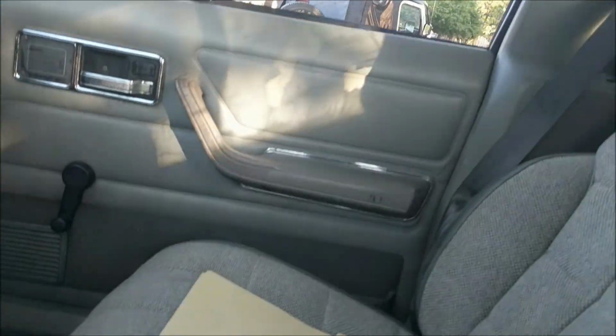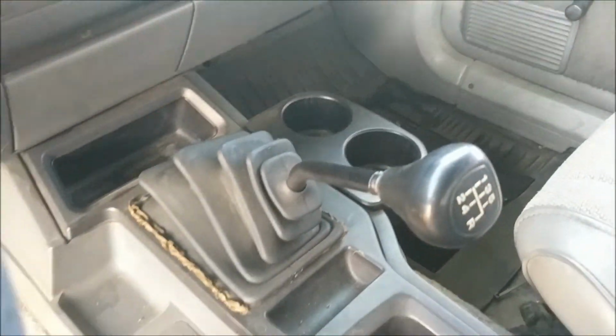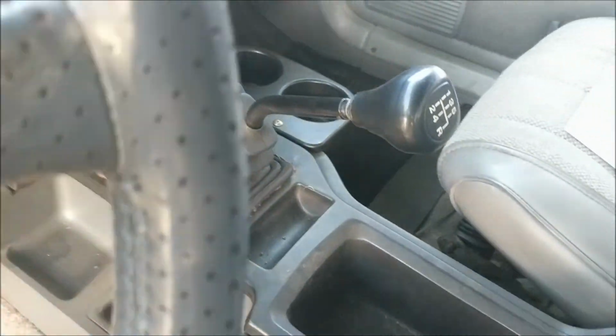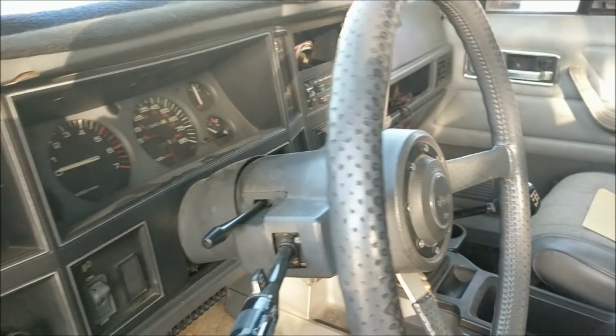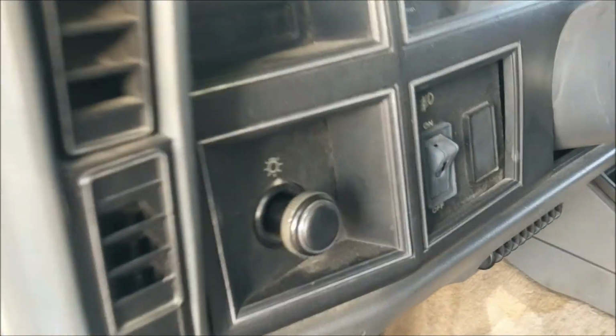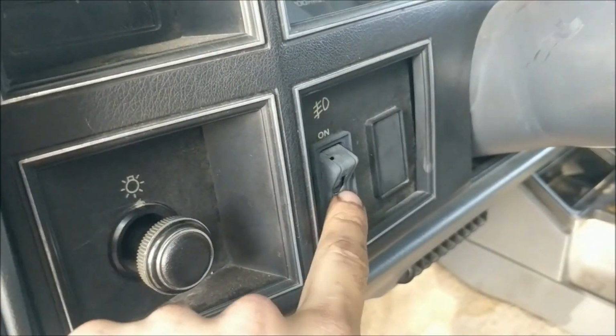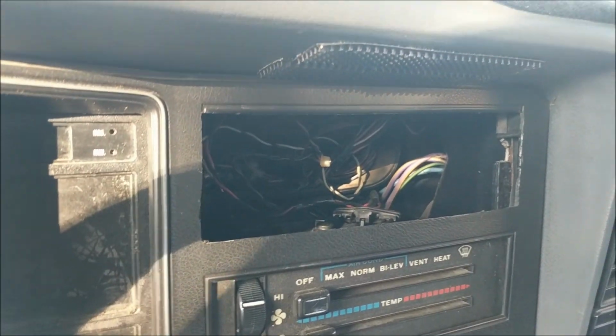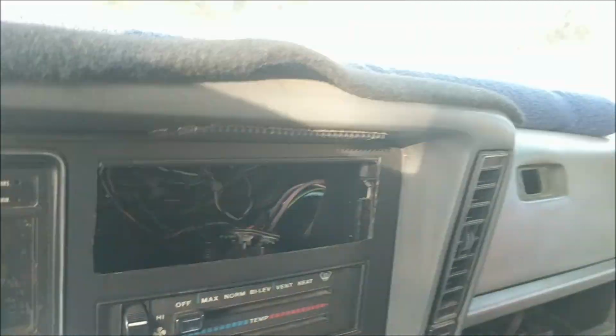Since it is an Eliminator, it does not have four-wheel drive, but it is a 5-speed, and it shifts really smooth. Previous owner just put a new clutch in it. About the only thing it needs for the interior is going to be this little bright switch right here, which currently doesn't do anything. Does need some work on the gauge cluster, and I'd like to find an original stereo, which shouldn't be hard because it's the same as Cherokee's. But something that's crazy,